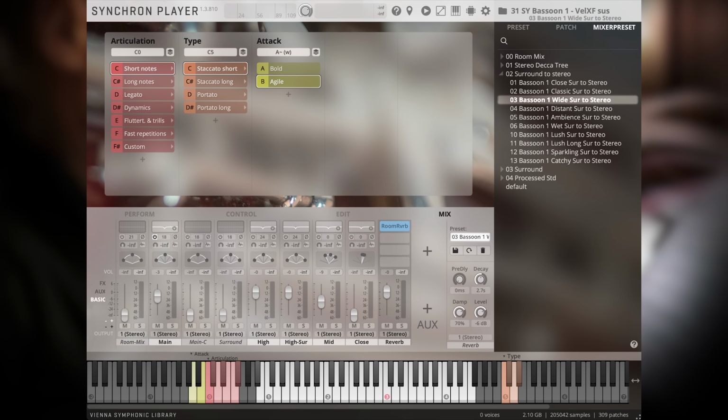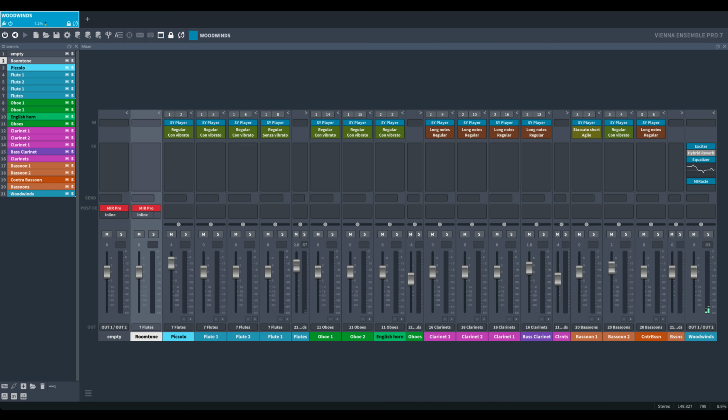As a starting point, I selected the wide surround to stereo mixer preset for all instruments. I prefer a more fluty sound with fewer oboes, so I use the 3 decibel rule and reduce oboes around that value, and increased flutes a little bit. That rule says that a change of 3 decibels is typically considered the smallest noticeable change in volume by the human ear. Any change below 3 dB is more felt than heard.